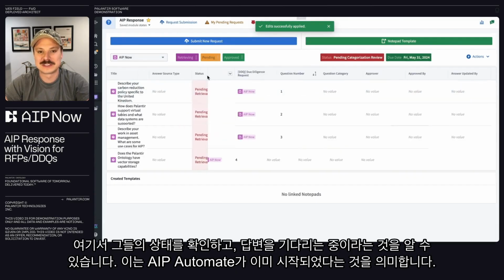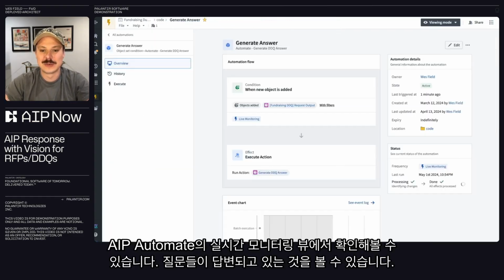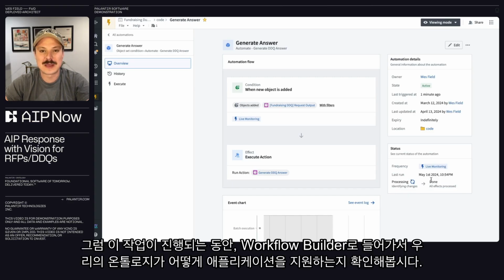Here, we can check on their status, see that they're in pending answer retrieval, which means that AIP Automate has already kicked off. And we can check that out here in the live monitoring view of AIP Automate and see that our questions are being answered. While that's happening, why don't we drop down into Workflow Builder and check out how our ontology is powering our